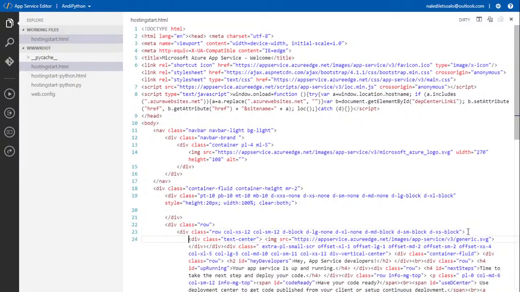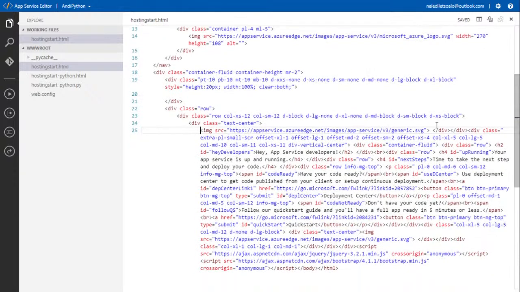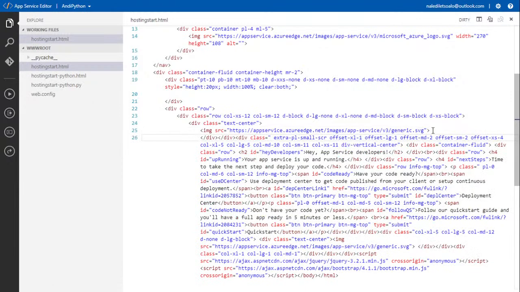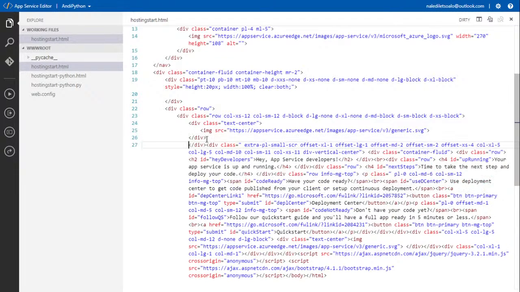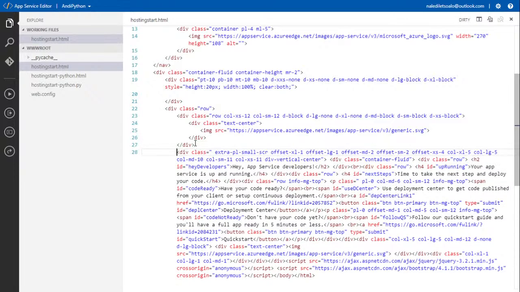Here's another div. Okay, so now we're inside where hopefully we should be getting to the actual editable text. Okay, so this div needs to close that one, and then this one needs to close that one, and then this one is going to be a new one.